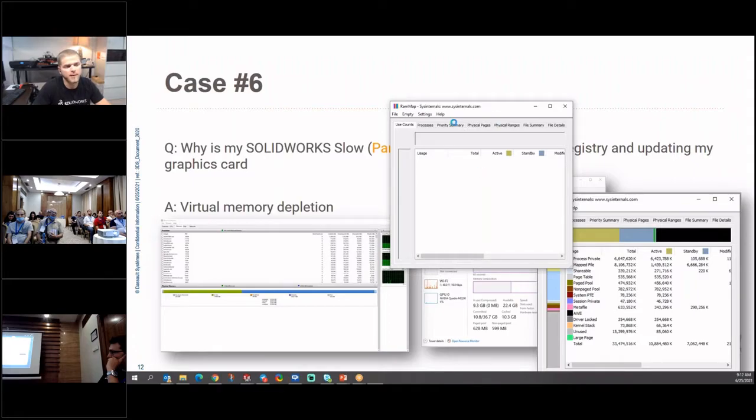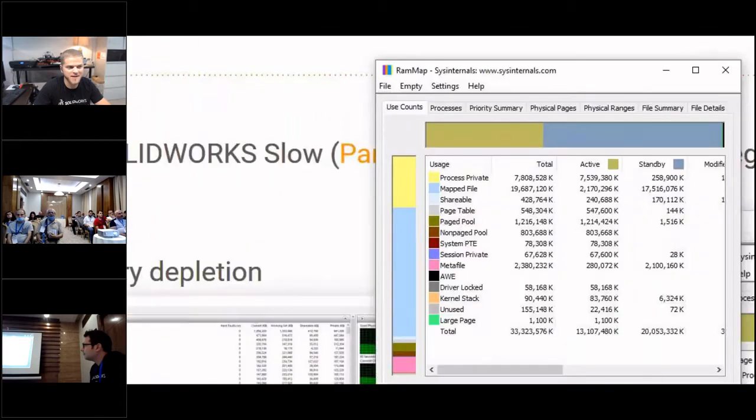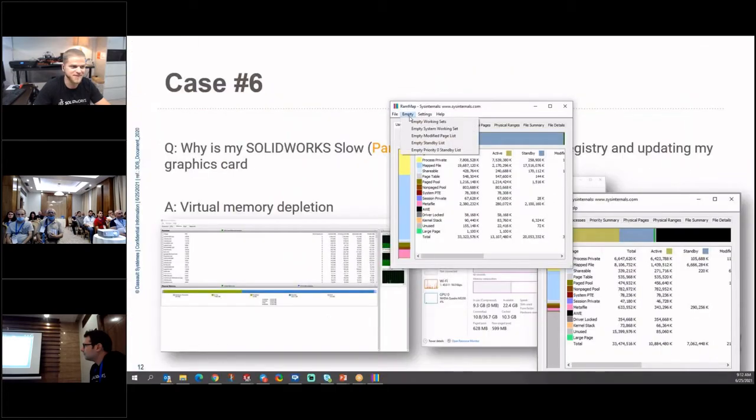This is an actual live look at RAM Map. RAM Map is directly from Microsoft. It's from Sysinternals, and it's a utility that allows you to, I'll drop this down. I'm not going to click this because I think it'll probably crash everything on my system, but Empty Standby List. This is a way you can actually purge that standby memory directly with a Microsoft tool.